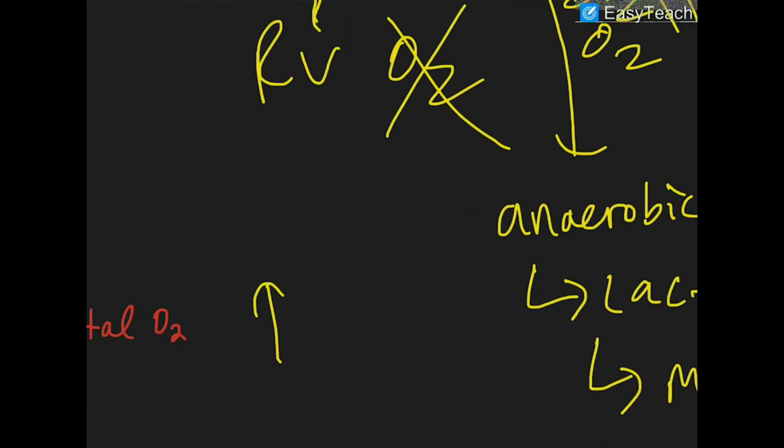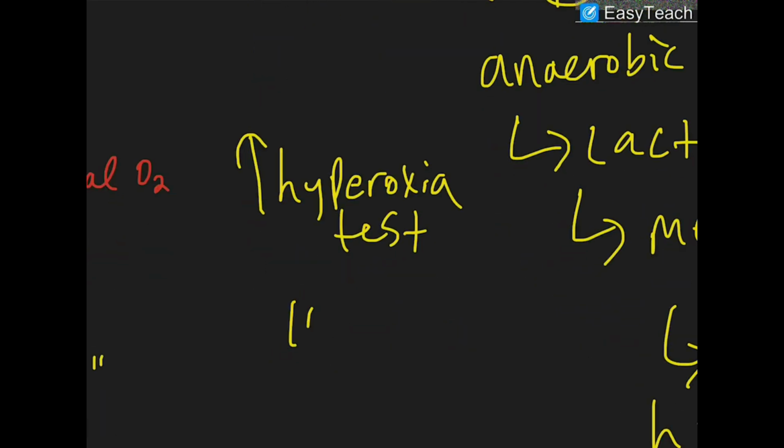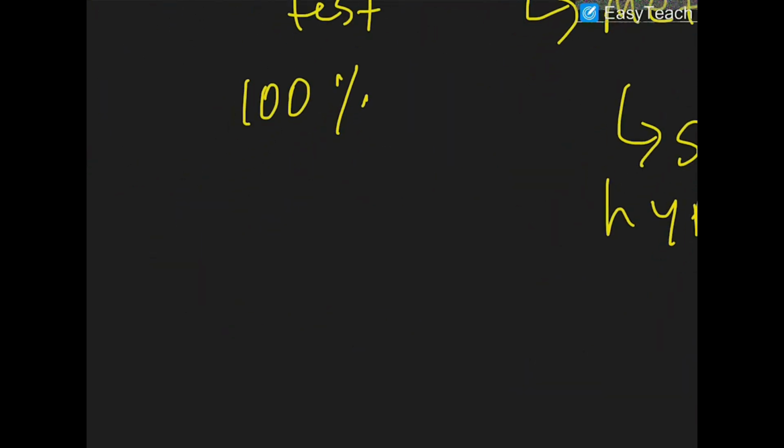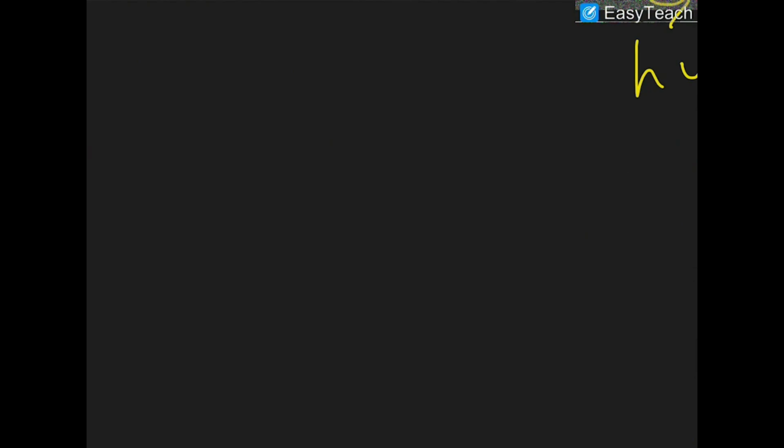And if we look at another test called the hyperoxia test, if you give 100% oxygen to these babies, what will happen? If a baby has transposition of great arteries and you give 100% oxygen, will the oxygen levels normalize? Why or why not? Right? So if we look at the circuit one more time,